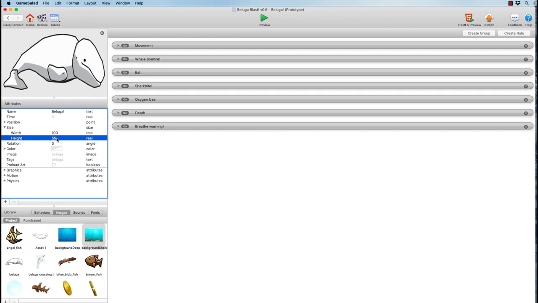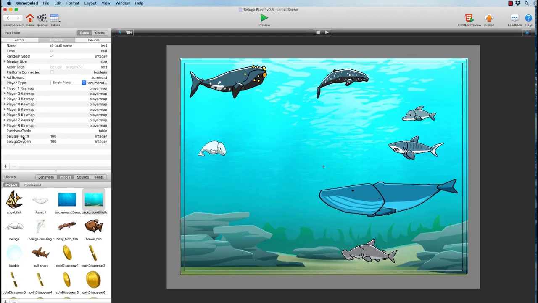And that difference, a set of variables that are contained in the object, are called encapsulated variables. It's this object-oriented programming concept of encapsulation, that these variables only specifically affect the object to which they belong. So the Beluga size, these are two variables that are only specific to the Beluga object, whereas the Beluga health and the Beluga oxygen global variables, those are global variables. They're not encapsulated, not specific only to that object. So that's just a really quick distinction that I wanted to point out to you.